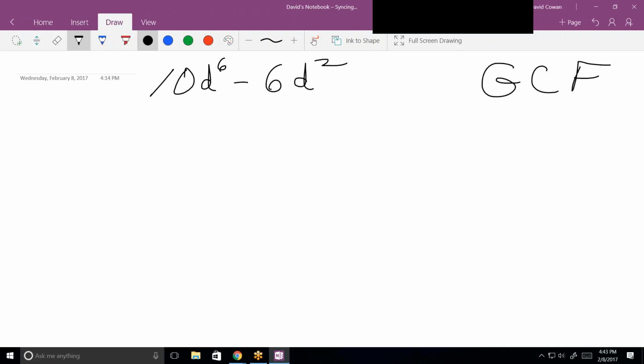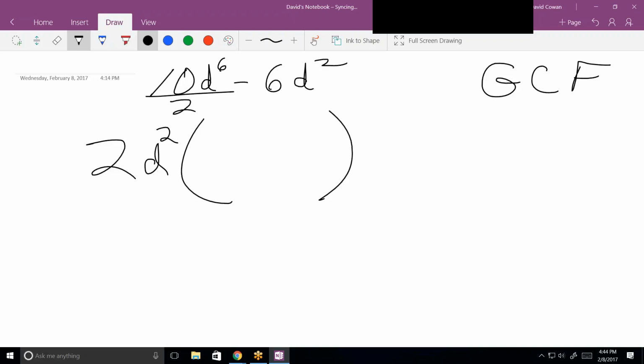Is there a greatest common factor here? Well, is there a number that can divide evenly into both of these terms? Yeah. What? 2. Okay, so there is a greatest common factor of at least 2. How about a variable? Is there a variable that can divide into both terms evenly? Yes. What is it? D squared. Yes. Notice, and then what's going to be left is what I get when I divide both terms